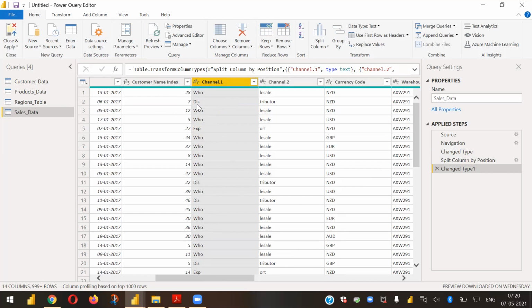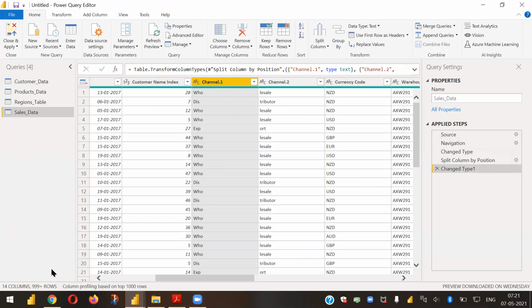It was wholesale, something like distributor. So the first three characters we got, and it has split, and the other part has gone to another column. What I wanted you to observe is that on the right side there is an applied steps option, where earlier it was till change type. These three steps were automatically done by the Power BI query editor when I imported the data, but these two steps happened just now when I right clicked and split the column by position, and then it again automatically changed the type.